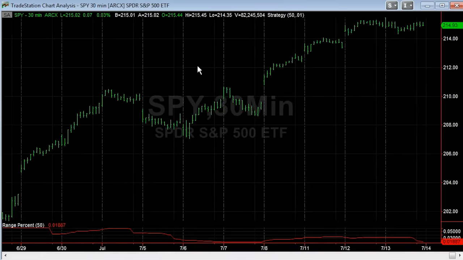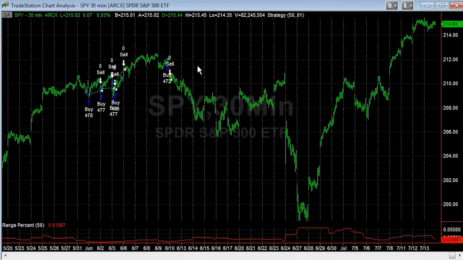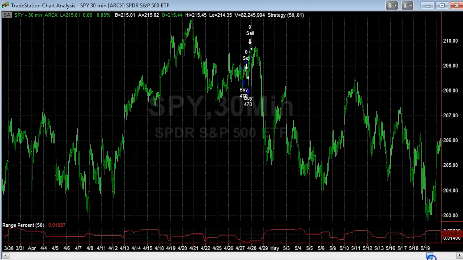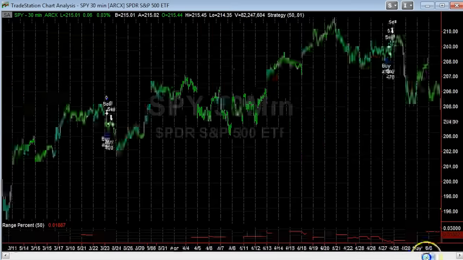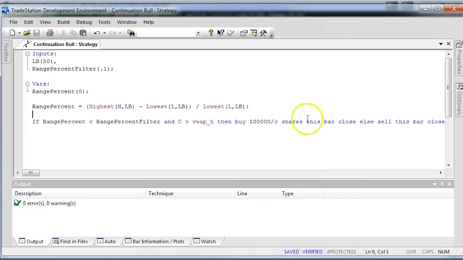It's a simple VWAP strategy. I actually don't have the VWAP on the chart, but you can see the trades that are being removed are these very quiet consolidation periods like this, and it's waiting for more motion in the market. So this is the code, pretty simple: just close above VWAP, get in, else get out. So I have this range filter, so I'm going to flip that filter back over